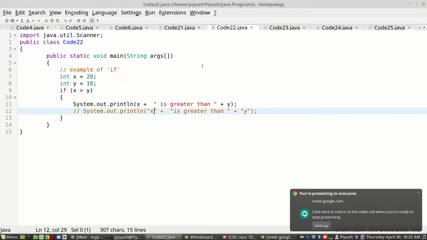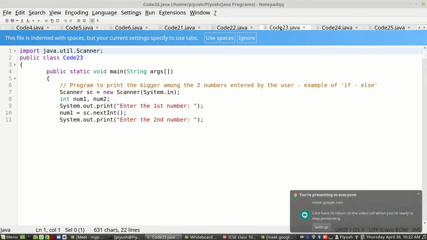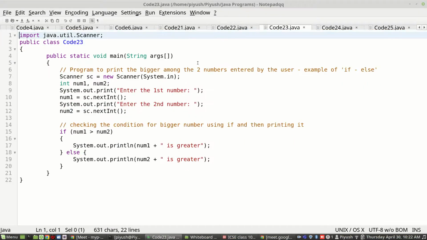Now, we also discussed another program wherein we had to check which is greater among the two numbers we entered. So we have to print whether the first number that we entered is greater or the second number is greater.